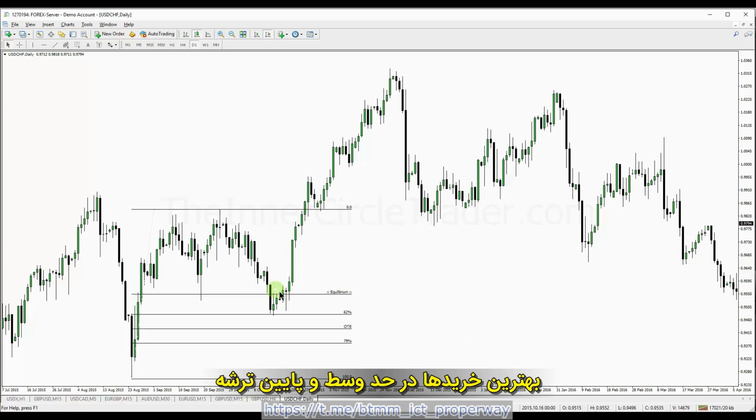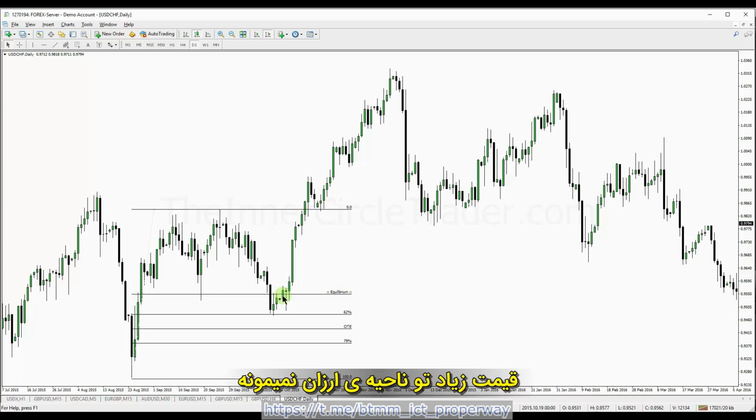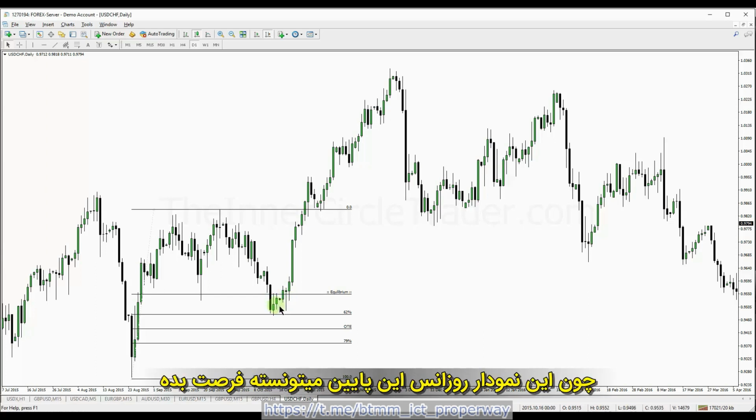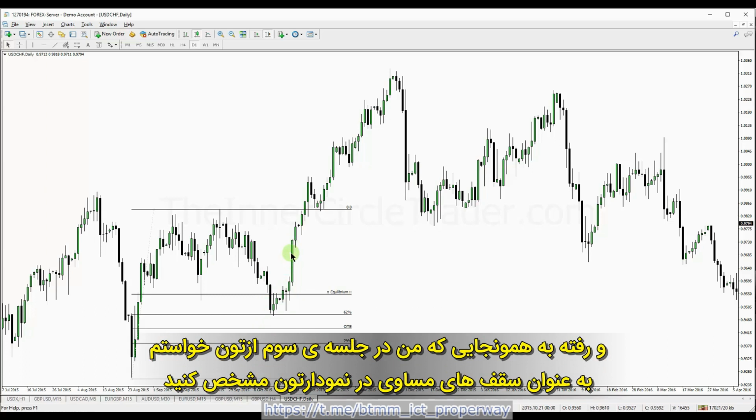The best buys come at equilibrium or less. Anything below equilibrium or the 50% level is viewed as a discount. Now, the wonderful thing about understanding this is when a market's at a discount and its underlying basis is bullish, discount prices don't stay in the market very long. The market's going to want to run away from that really quick. Because this is a daily chart, this isn't that bad in terms of how much time it's spent down there below equilibrium. But you can see finally it explosively moved away from that and rallied up